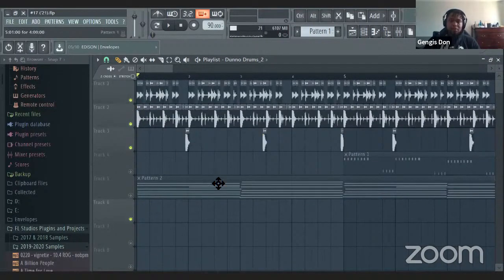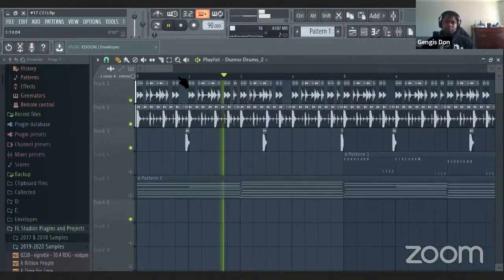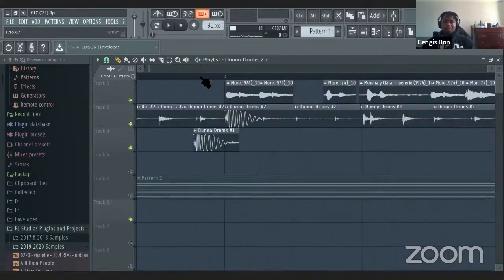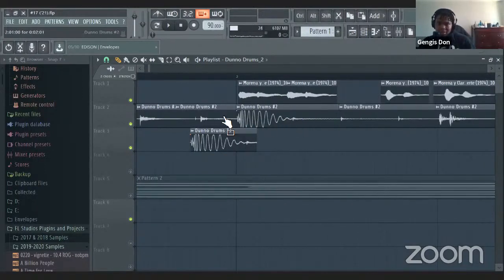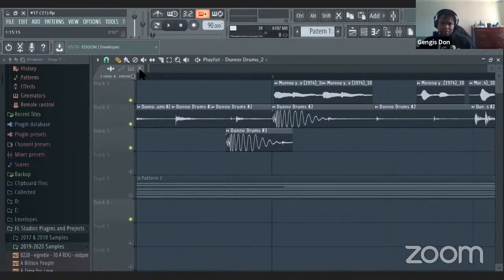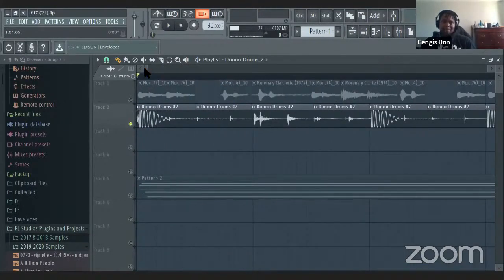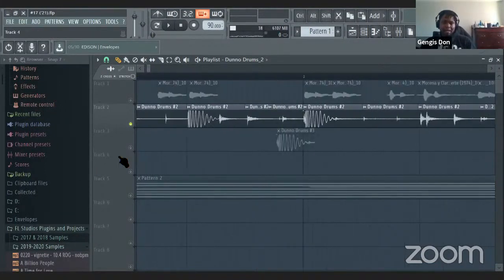So let's play the first two again. Let's play the percussion loop that I essentially made from a sample, and let's play the drums as well. And one thing that's important to note is sampling from a sample as well, because what I did was I took the original kick, and I just cut it, and I just put it over here just to give the loop some variety, and I added it to the end.